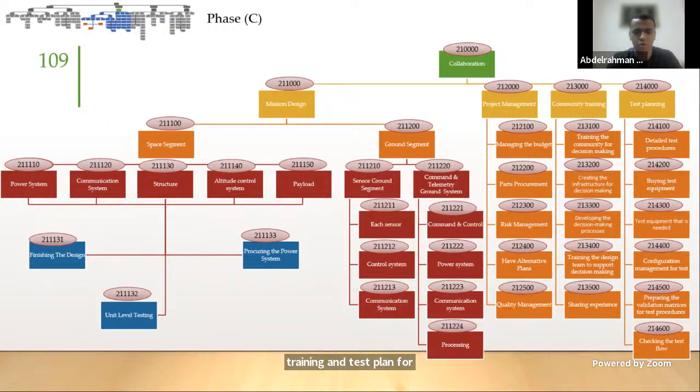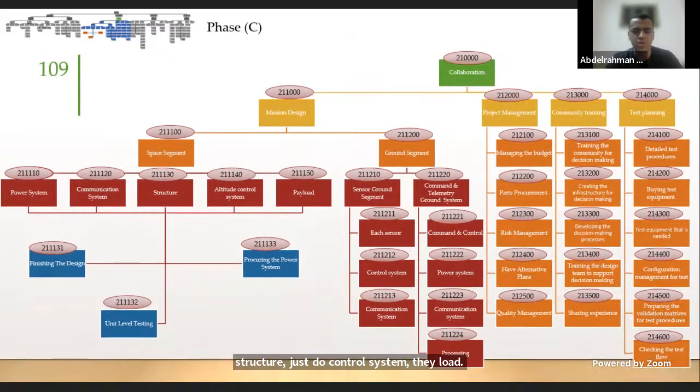For the mission design, and according to NASA's documents, we divided it into 2 main parts: the space segment and the ground segment. The space segment, which is primarily the satellite itself, contains all systems like the power system, communication system, structure, the attitude control system, and the payload, and we have concentrated on 3 main things in all these systems, which are finishing the design, procuring each system, and unit level testing. As for the ground segment, we have focused on 2 main parts: sensor ground segment and command and telemetry ground system. It enables us to manage the spacecraft and the distribution of data and telemetry among interested parties